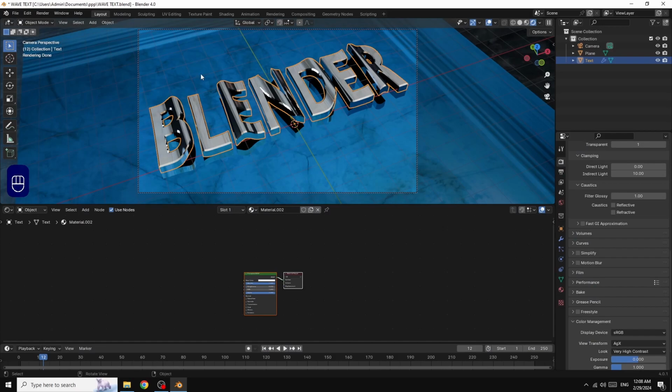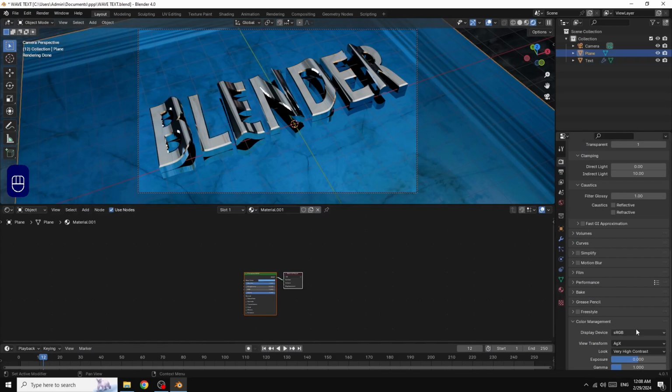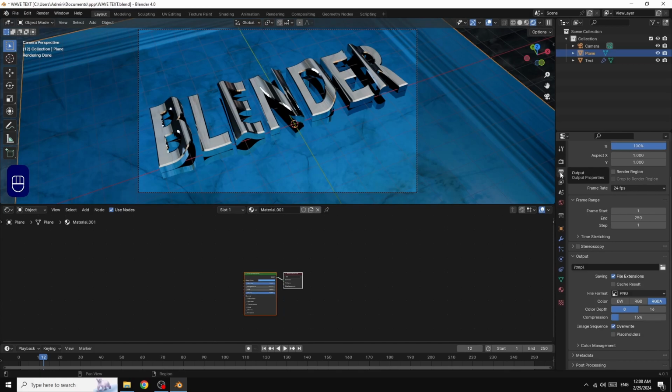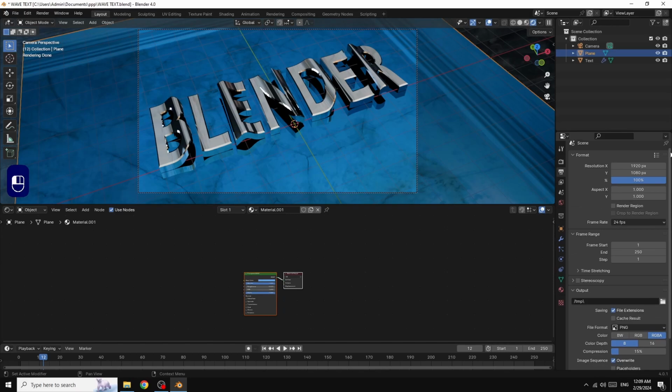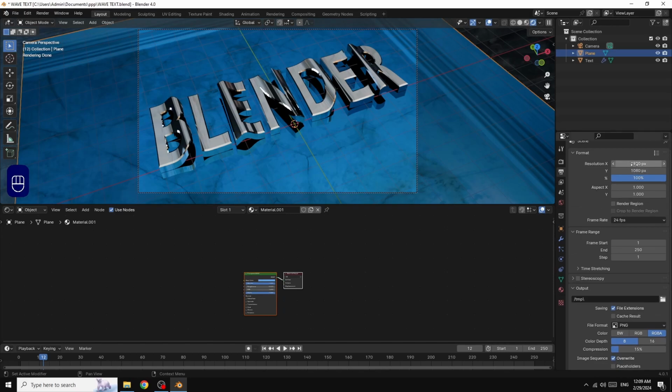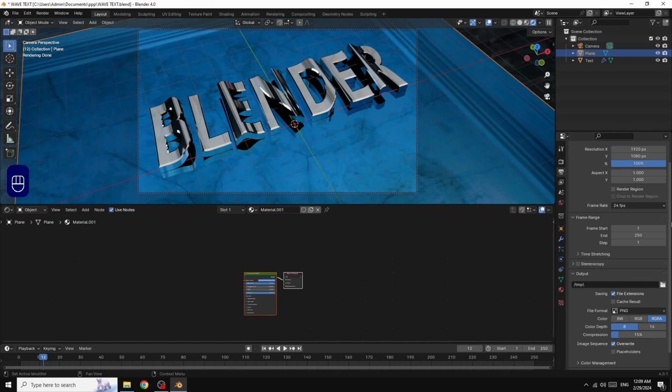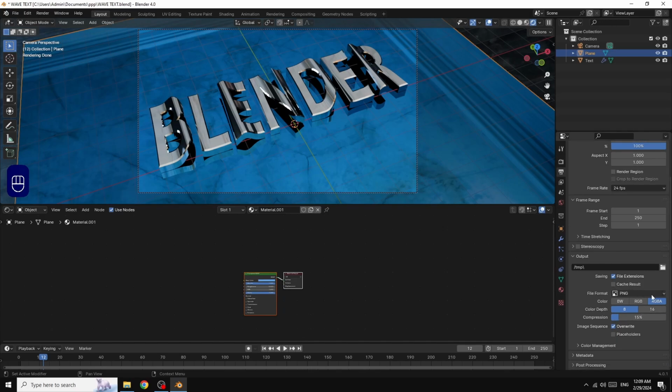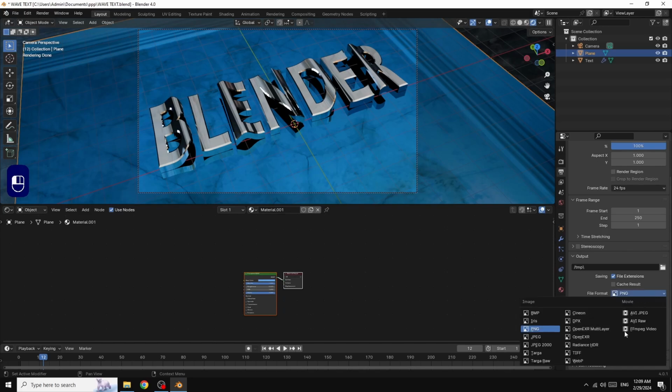If you want to save the animation, go here in output properties and select a folder where you want your animation to be in your computer. Choose the resolution, and here in PNG select FFmpeg video, just like this.